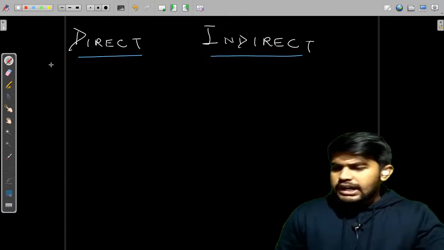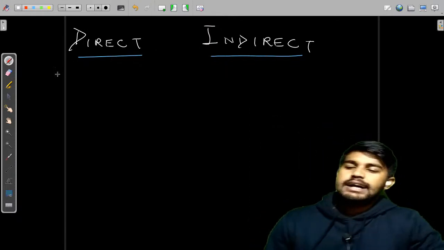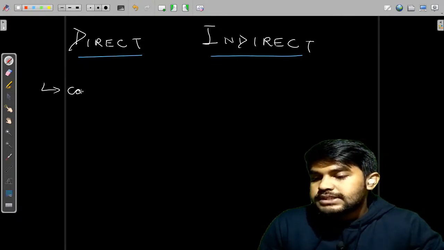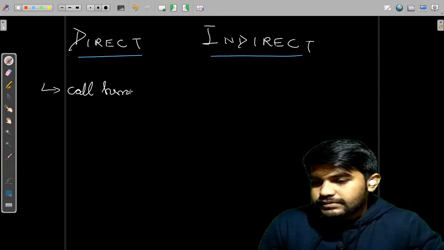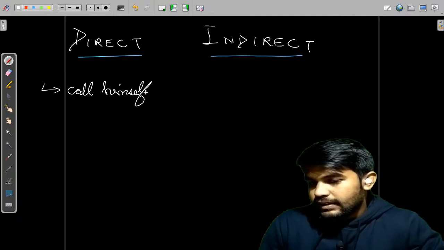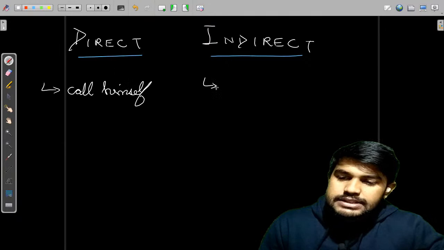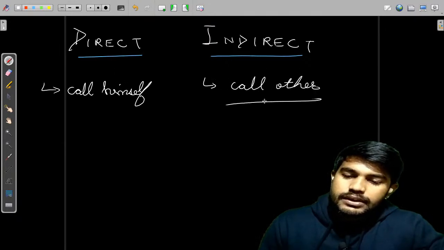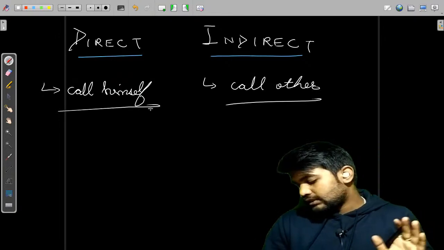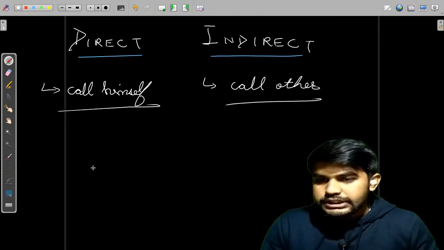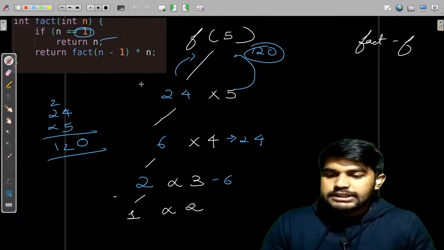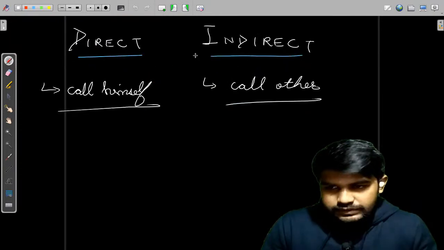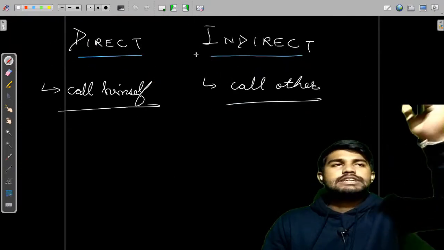Suppose there is a direct recursion, which means that it will call itself. Is it a tailed recursion? See it by yourself. No, it is not a tailed recursion, because the base case is at the top position.